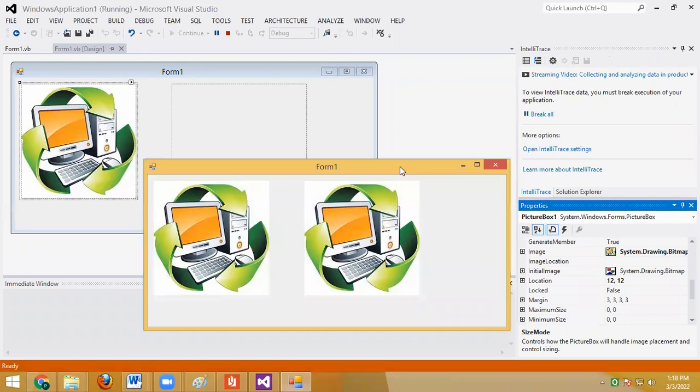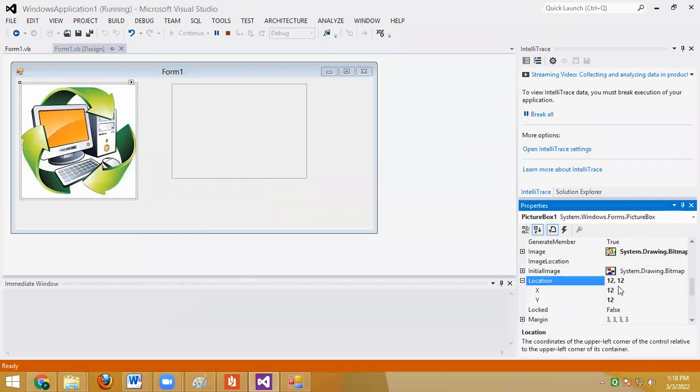Okay, everyone understood how we can select an image in a picture box? Yes, sir. Any questions?